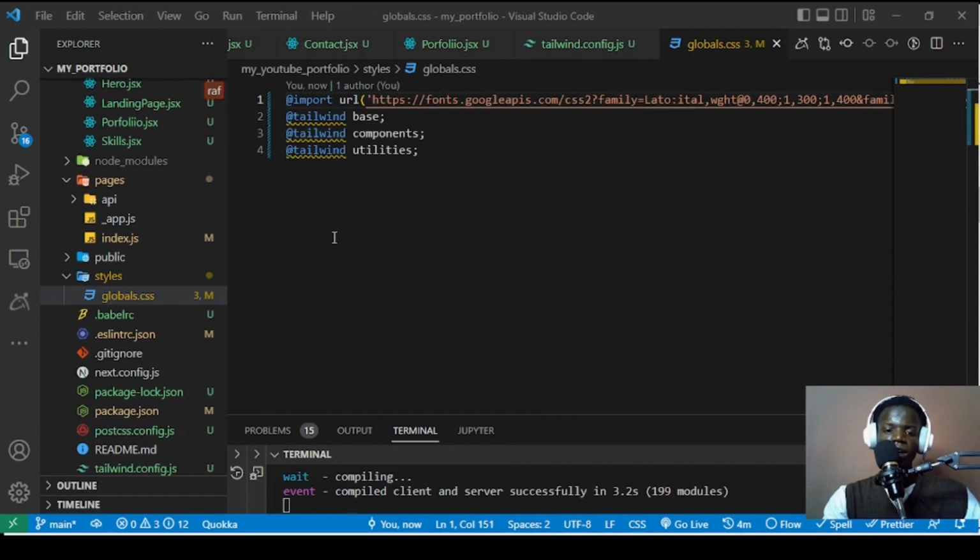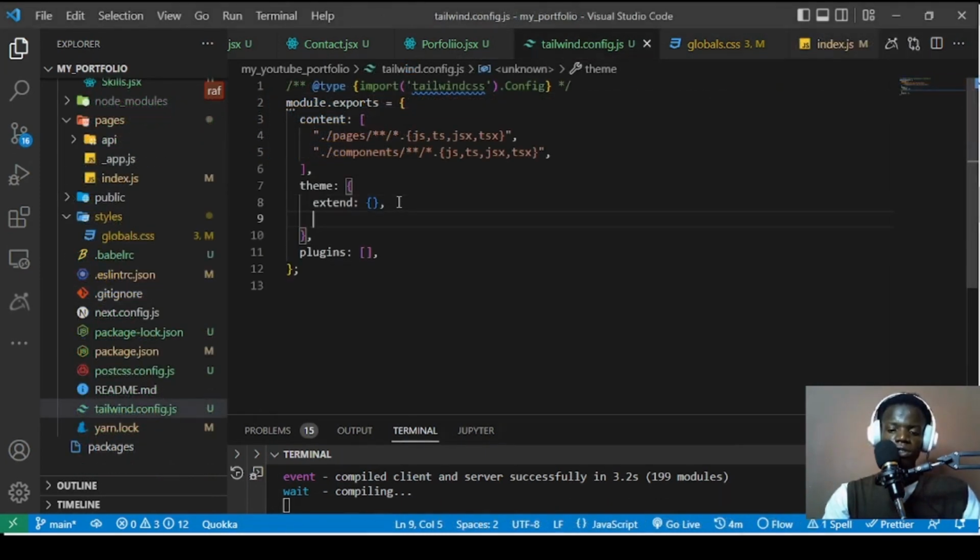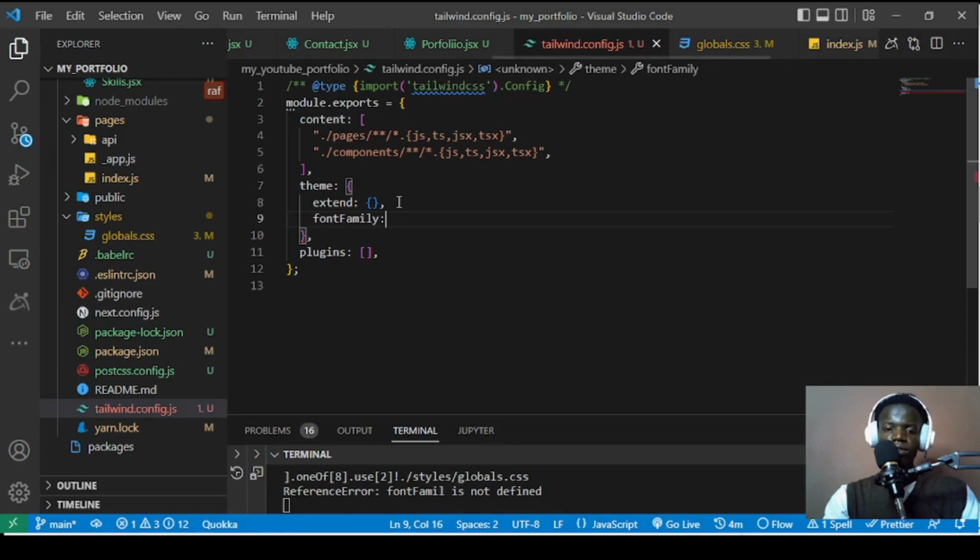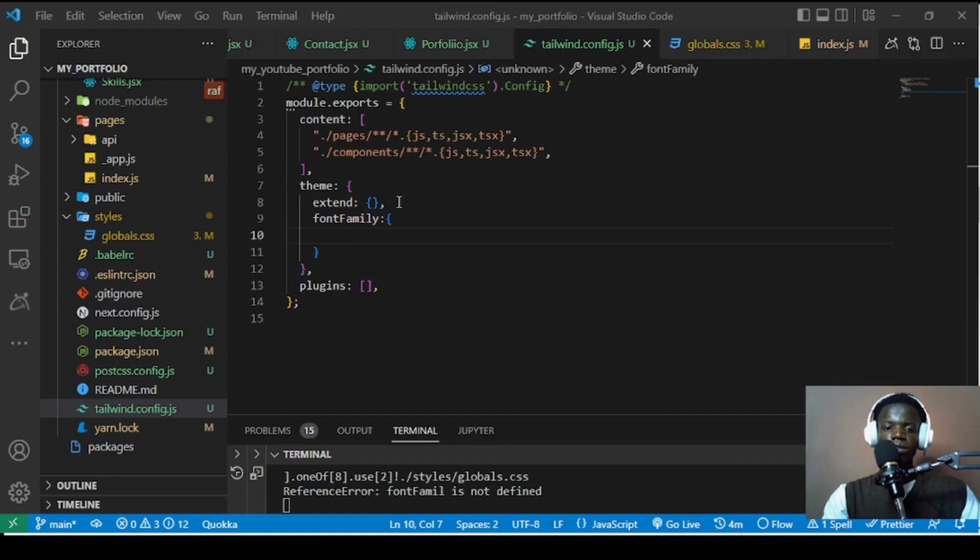After getting in our configure folder, like the Tailwind configure folder, which is here, we give this a font family, open the braces, and then into there, what are we going to do next? We are going to give it a given name. For me I'll take global fonts, and then I'm gonna give